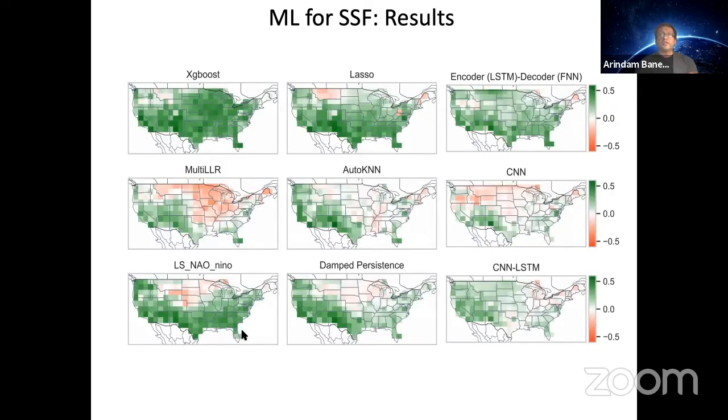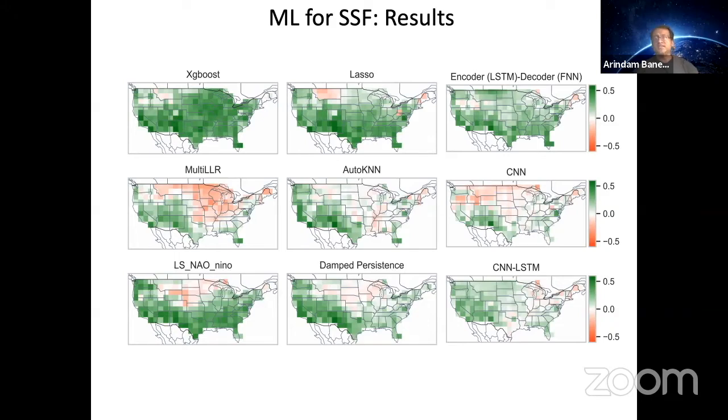Results. So green means we did good. Red means we did not do good. There's a whole bunch of methods I'm showing over here: XGBoost, lasso, deep nets, and other things. The good news is that we are actually seeing a lot of green. So there is promise, there is hope over here, right? If you look at the performance of XGBoost gradient boosting or lasso or these deep nets, more or less they are overall positive throughout the US.